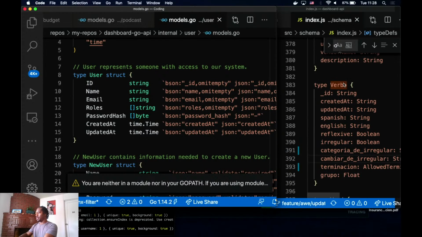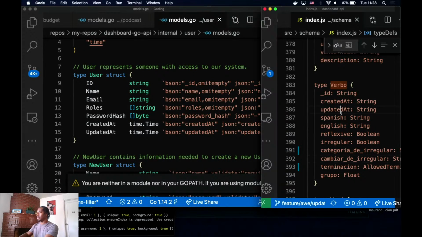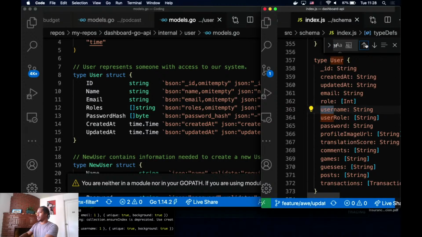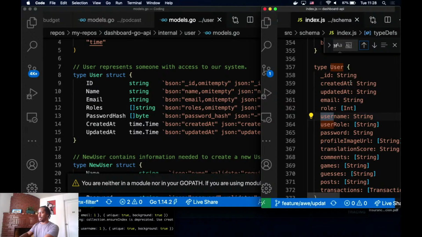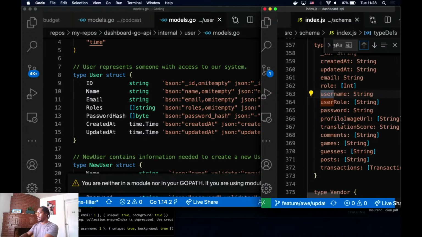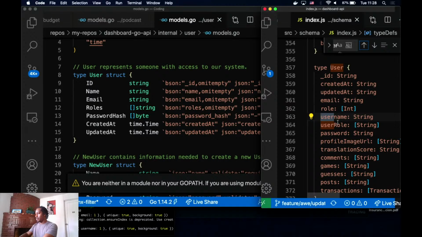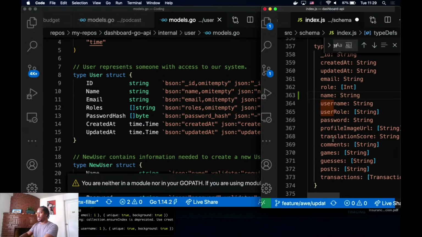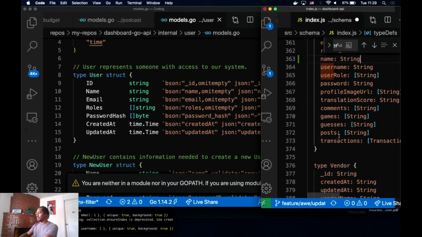Let's look at user. All right, so user has an underscore ID, name. Is name on here? I don't have name on there. Name is string. All right. Email I got. Roles is a string.